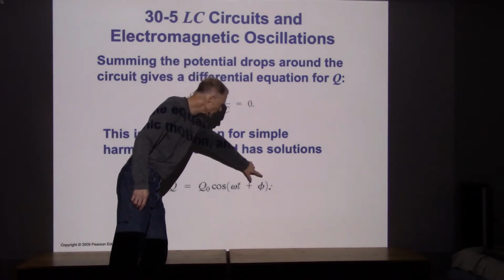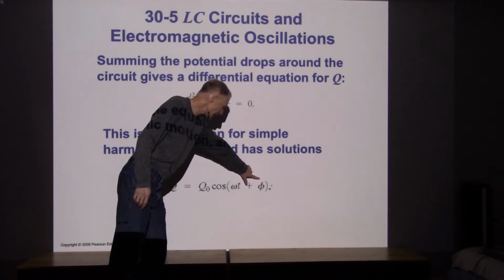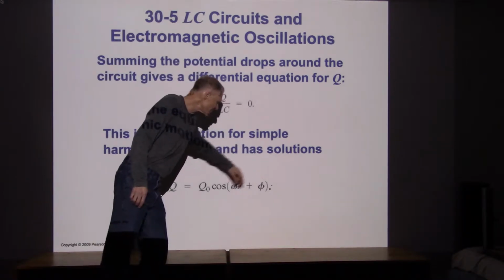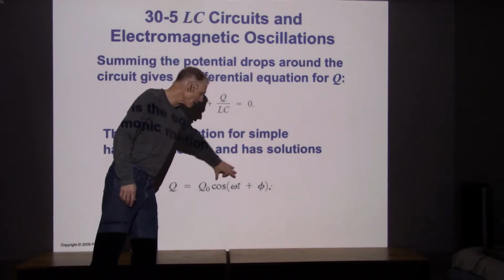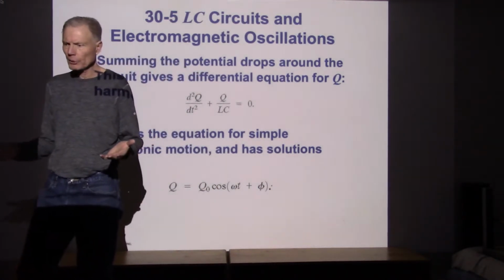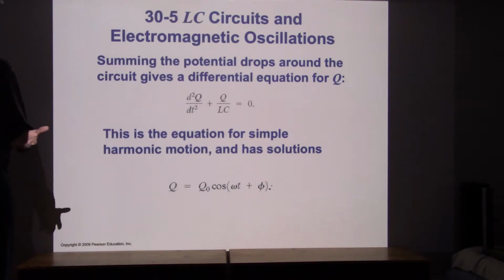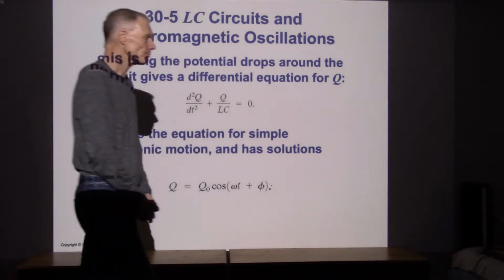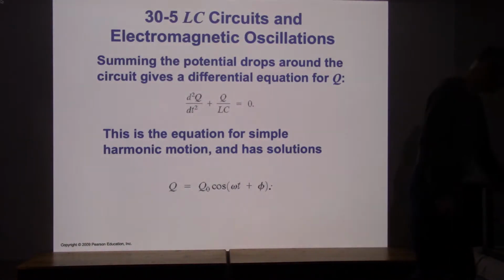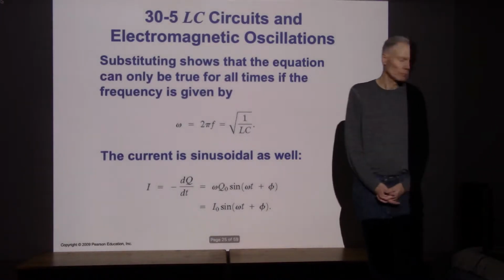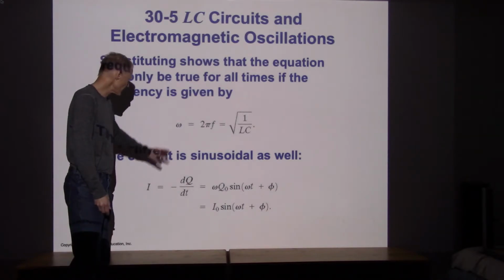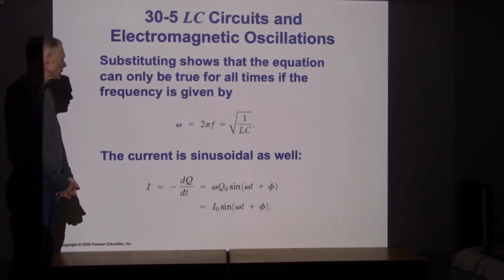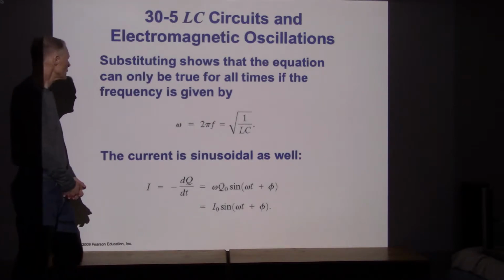We don't have to include this extra phase, but we can. We can always throw a little bit of phase in there, and that's a little arbitrary. The key feature here is that we have some sort of a sine or cosine function, which shows that there are oscillations and that the oscillations are harmonic. Now the frequency of those oscillations, again, if we go back and look at the solutions to our differential equation,